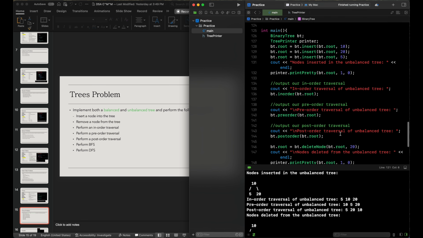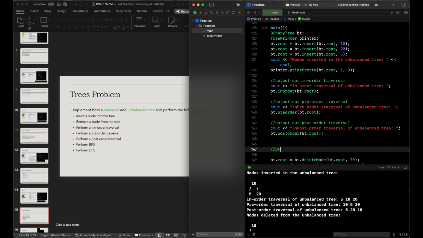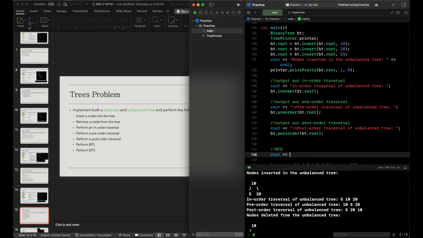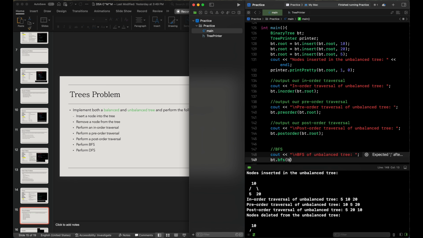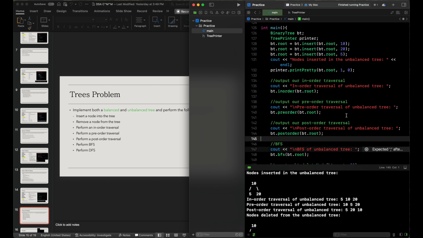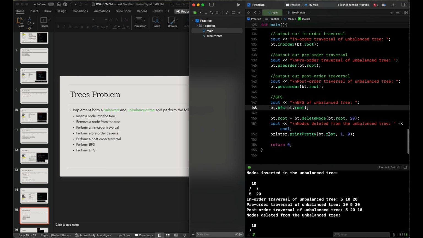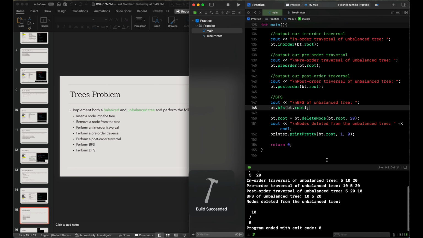And now we will go over our breadth first search. We do so based on the following: count /n, just to make sure it's all spaced out. Breadth first search of unbalanced tree. I'm going to go bt.bfs with bt.root. And then, alright, it's built successfully. There we go. Breadth first search of unbalanced tree. That's going to be